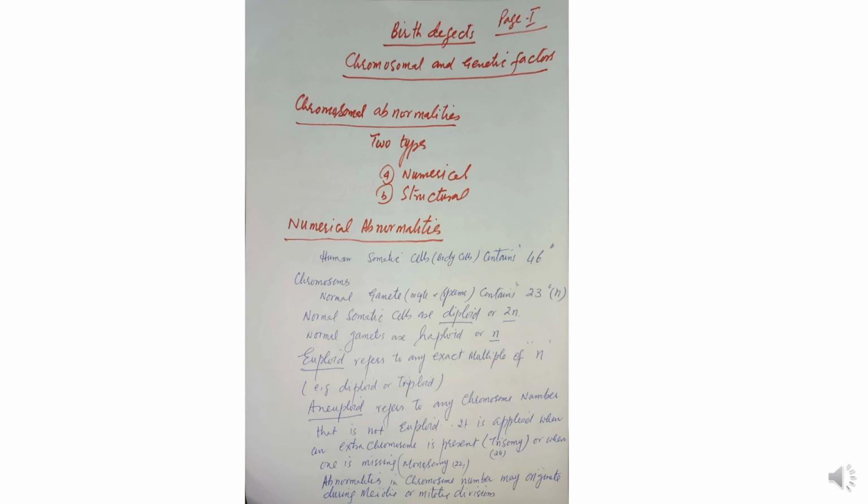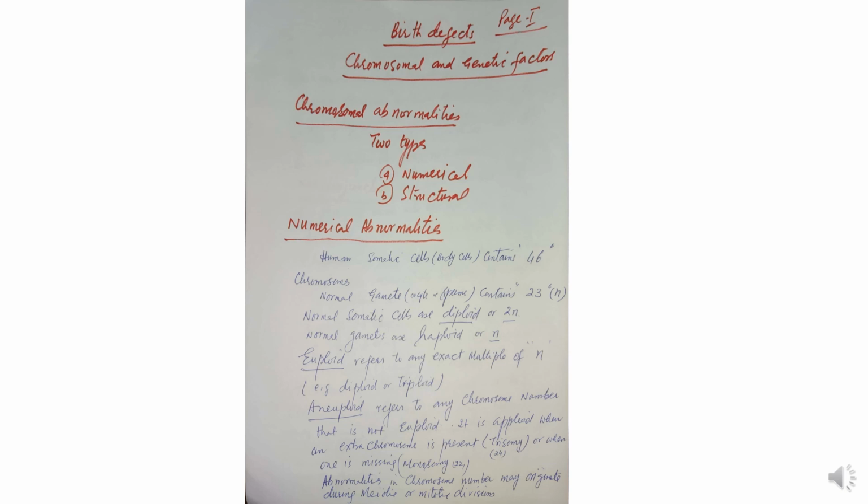Their number varies. What actually happens is that during anaphase of mitosis or meiosis, when the pairs are separating, or the chromatids in the case of mitosis are separating, one of them fails to separate from its original chromatid. The sister chromatid fails to separate and both chromatids pass to the other side. So that leads to variation in number.